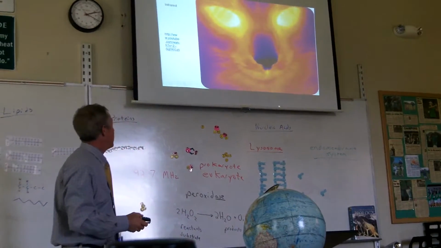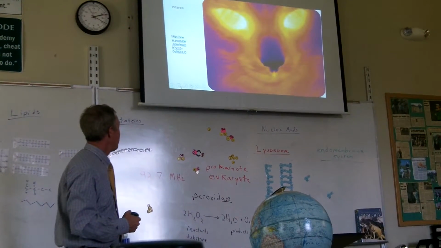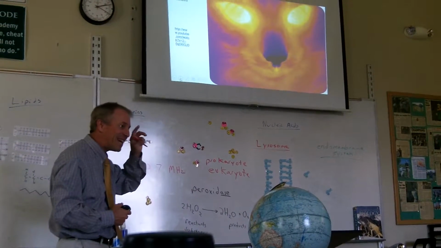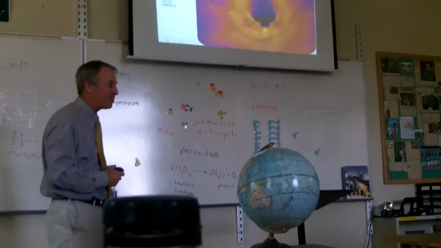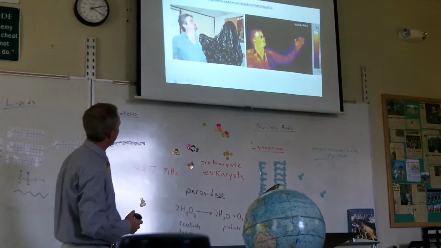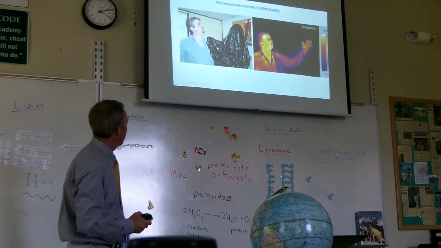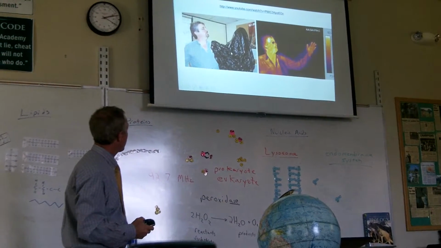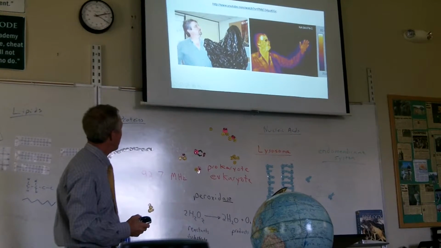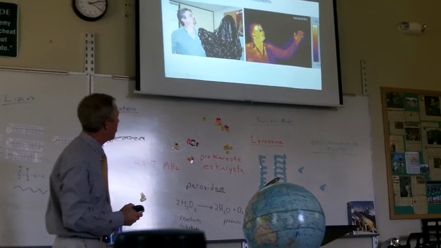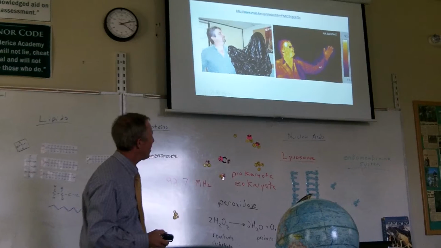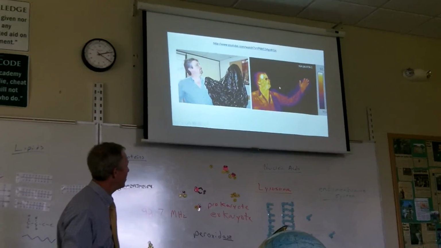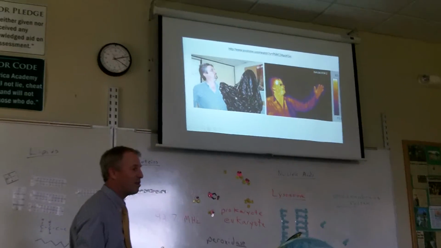Night vision is a little bit different than infrared. Night vision devices detect light, just like your eyes do, but they can detect very small levels of it. Check this guy out. He's got on the bag, and visible light won't go through the bag, but look, infrared radiation goes right through the bag. This is the picture with an infrared camera, and this is the picture with a normal